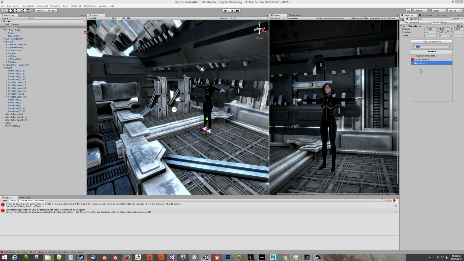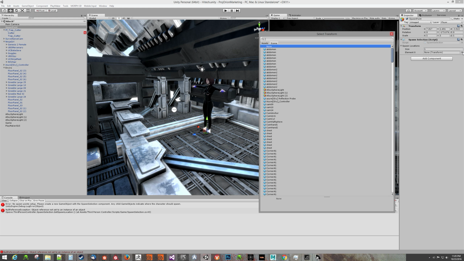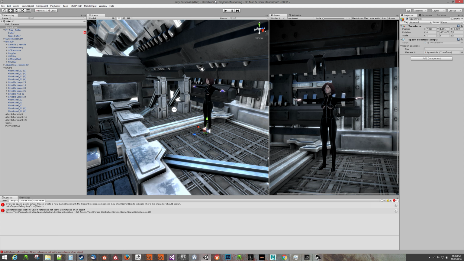And I need to add a spawn component. Yes, spawn selection. So this is what tells the spawner that gets called when the character dies to select a spawn point. And right now, there's no positions selected. So I'm just going to add 1 to that. And it's asking for a transform, which is what that spawn point is. So spawn point is spawn point. All right, so now when the character dies,